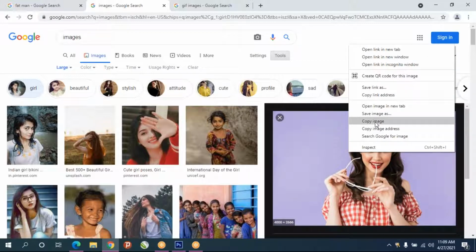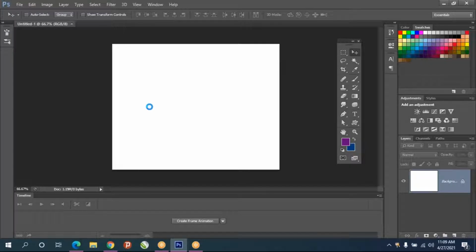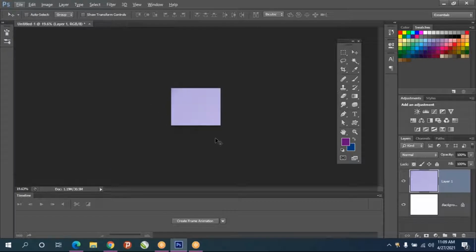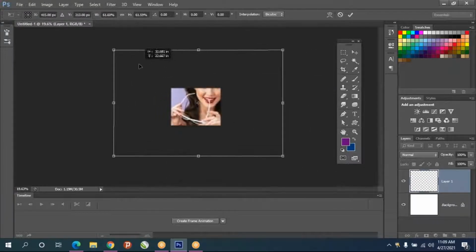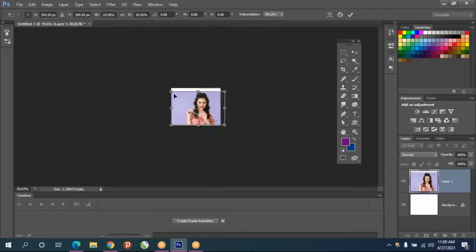I'm going to download this image, copy image, and paste it here. Control V, and it is too big. Control T, and hold the Shift key and adjust. And give OK.